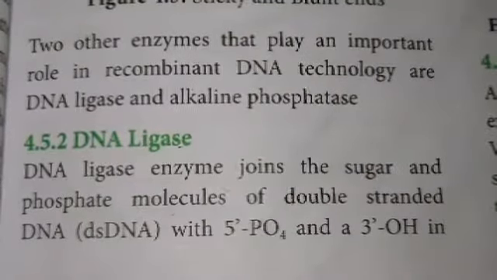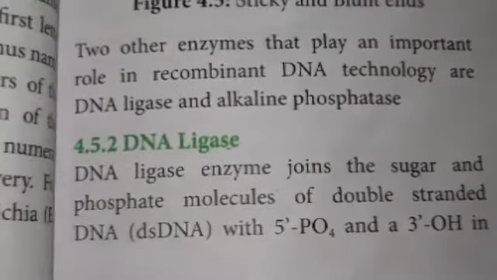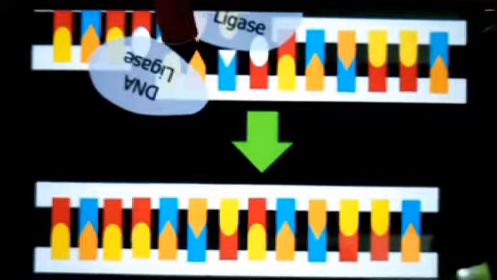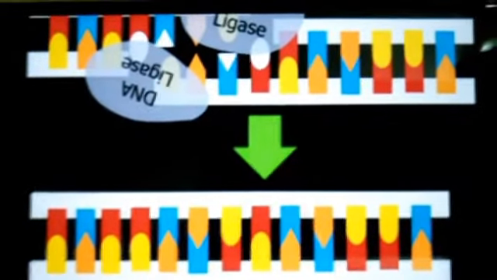In addition to the restriction endonuclease, the other two enzymes involved in recombinant DNA technology are DNA ligase and alkaline phosphatase. DNA ligase enzyme is used to join the sugar and phosphate molecules of a double-stranded DNA. Double-stranded DNA is joined by means of DNA ligase. So DNA ligase is a pasting enzyme. The 5' phosphate and the hydroxyl group are joined by means of